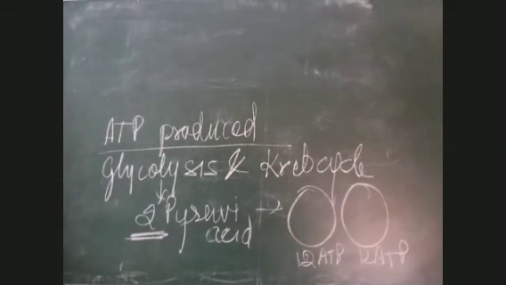Why have I given you this task today? Because tomorrow I want to give you the balance sheet of complete aerobic respiration. Whatever number of ATPs produced during the entire aerobic respiration, that I'm going to tell you. So for that, you should be prepared a little. And for that, what you will have to do today is write down the number of ATPs produced as a result of glycolysis, the number of ATPs produced as a result of Krebs cycle, and the number of ATPs produced as a result of